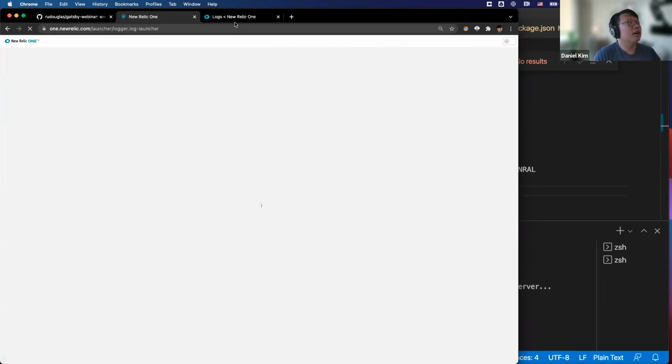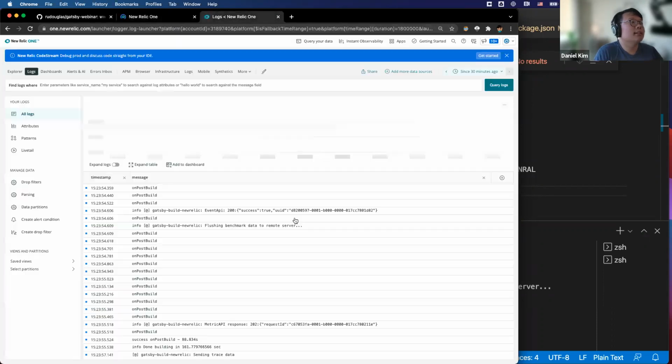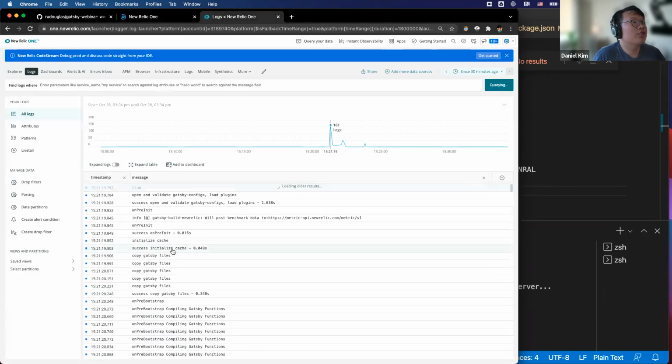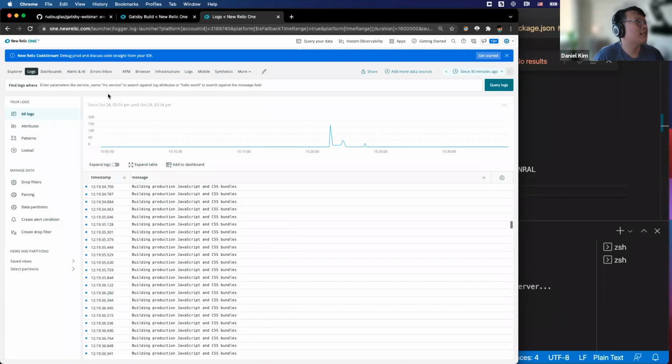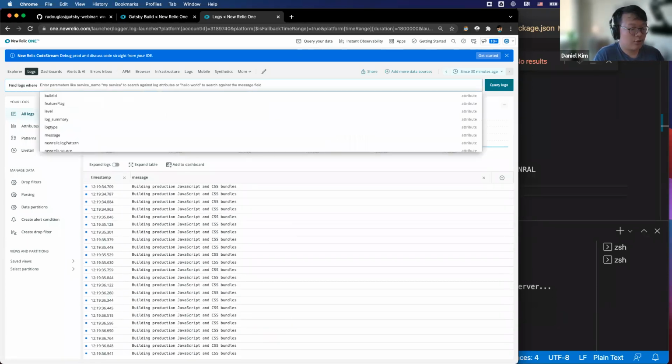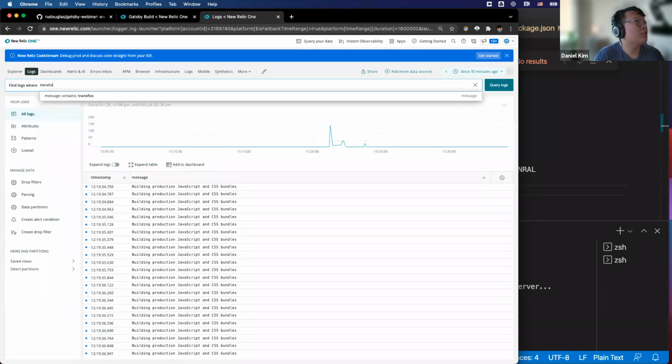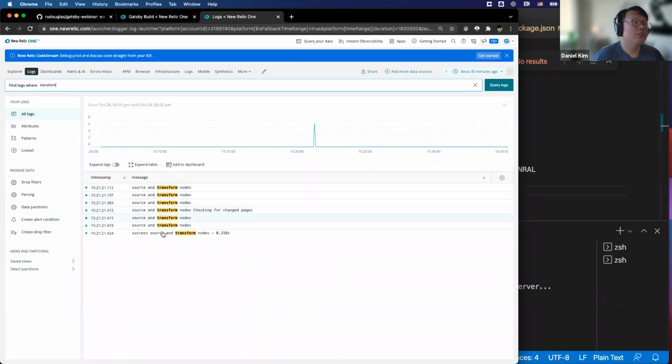But yeah, let me show you the logs UI really quickly, just to show you what it looks like. So it's basically a large database where you can just see a bunch of data. But the cool thing about New Relic is that it is searchable. So let's say you wanted to think about transforming nodes. If I type in transform, it will get all logs that have the word transform in it. So it's super easy to query logs. So later when we make another build, we'll be able to use this UI to compare and contrast how different builds have different times for source and transforming nodes just by searching in this handy dandy search bar.